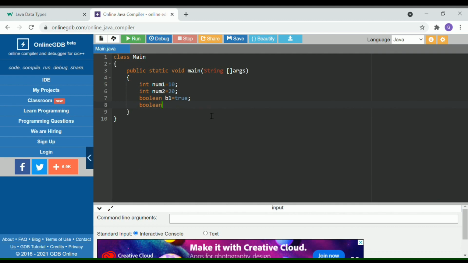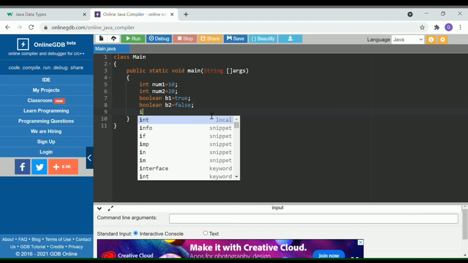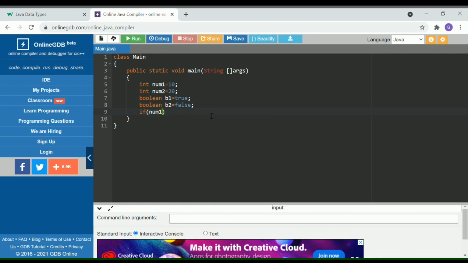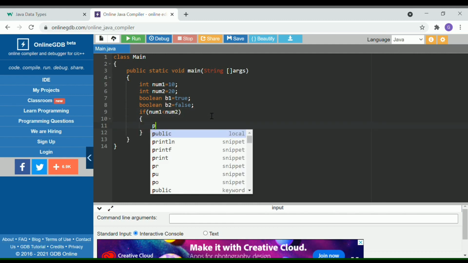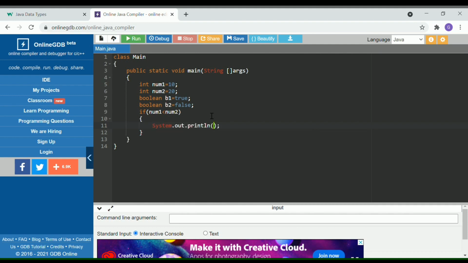Boolean b2 equal to false. Num2. And big one.